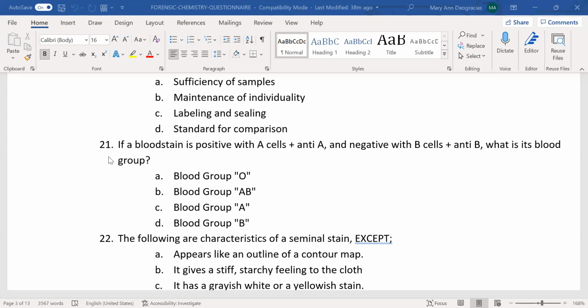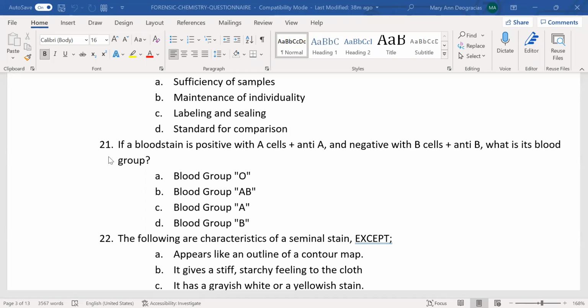Okay, stain yan. Anong gagamitin natin dito? Is it direct method or indirect method? Indirect. So, since that is a blood stain, indirect yan. So, ang sagot natin is letter